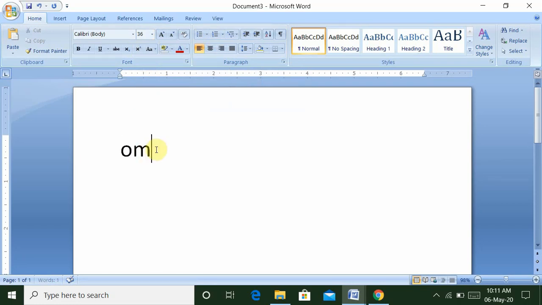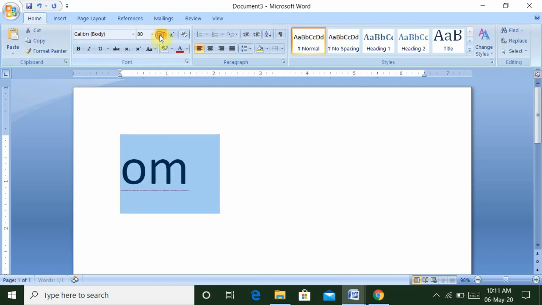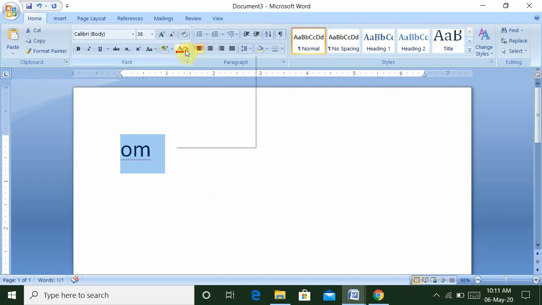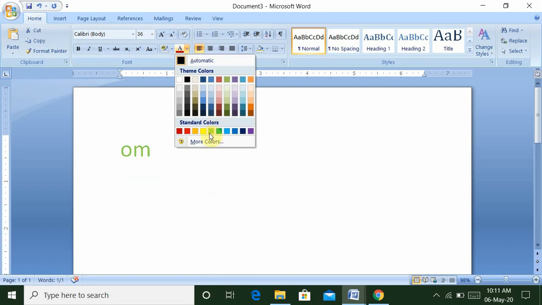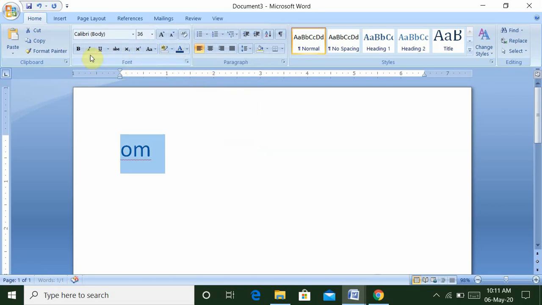If you select it, you can increase or decrease the font. You can also color the font. So many colors are available, more colors are available in this window. You can use bold, italic or underline on the font also.